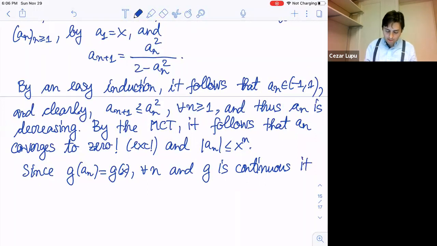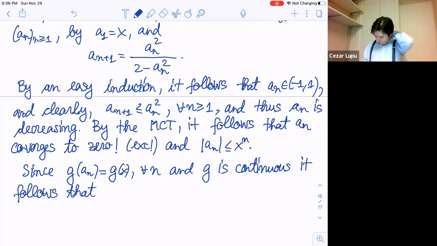It follows that what? Continuous at the point 0. This is important. At 0, it follows that what? It follows that